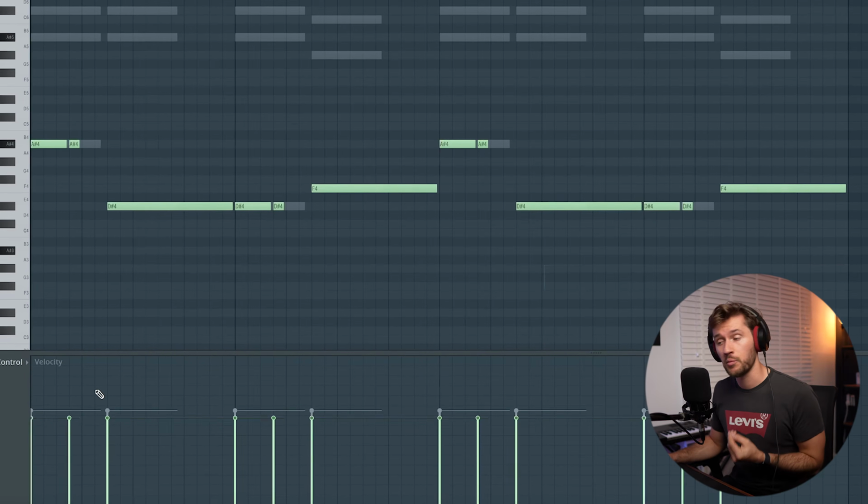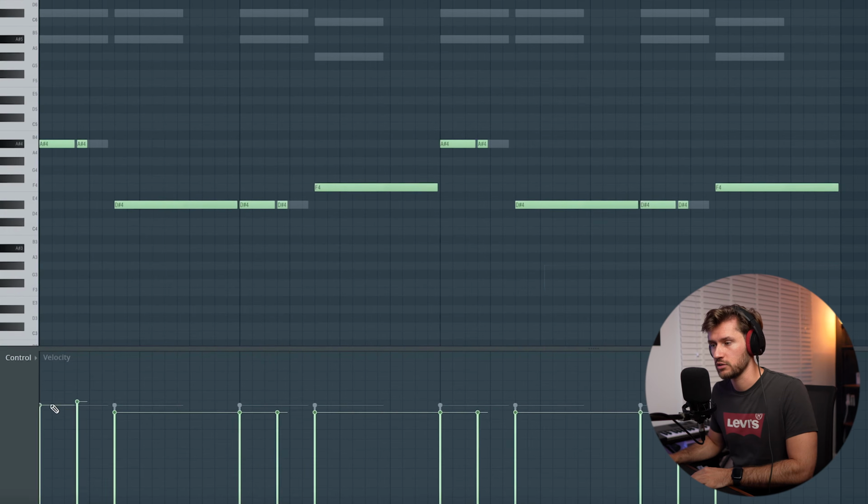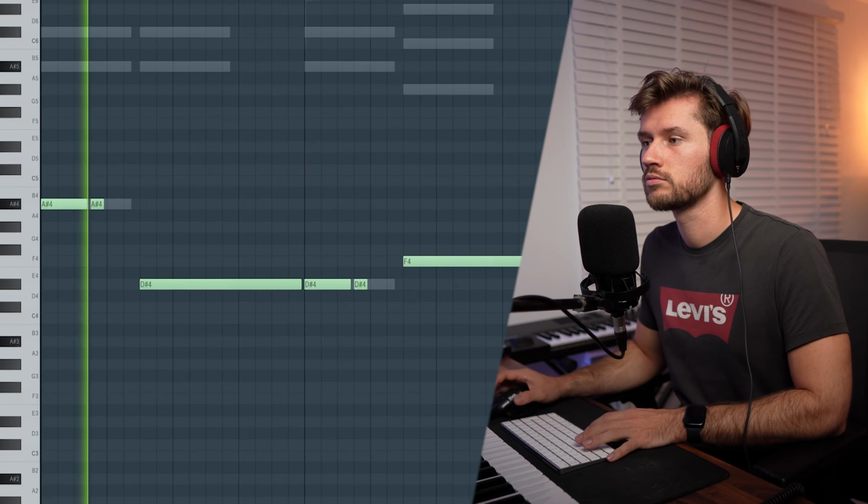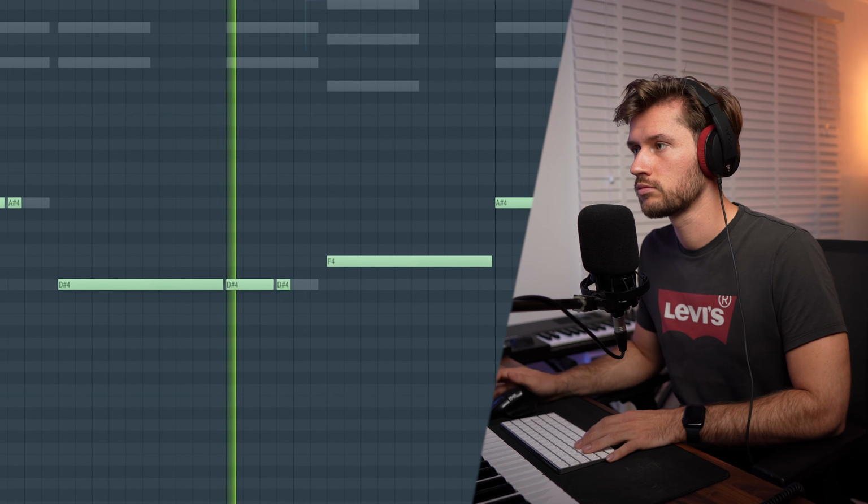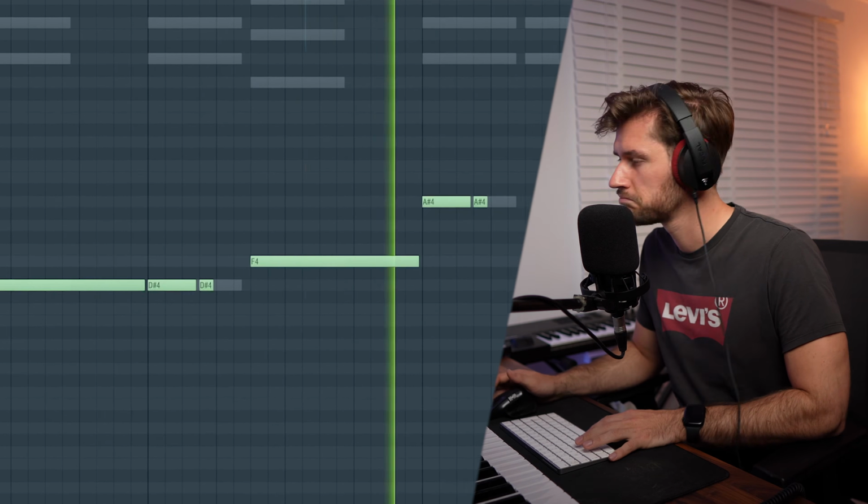If you want to make it sound more realistic, play around with the velocity control buttons. You could do this manually or by pressing Option R and randomize these velocities. But in this case, I like to do this manually to make sure it sounds perfect. So right now we've added an amazing bass guitar, and let's move on to the next layer, which is a